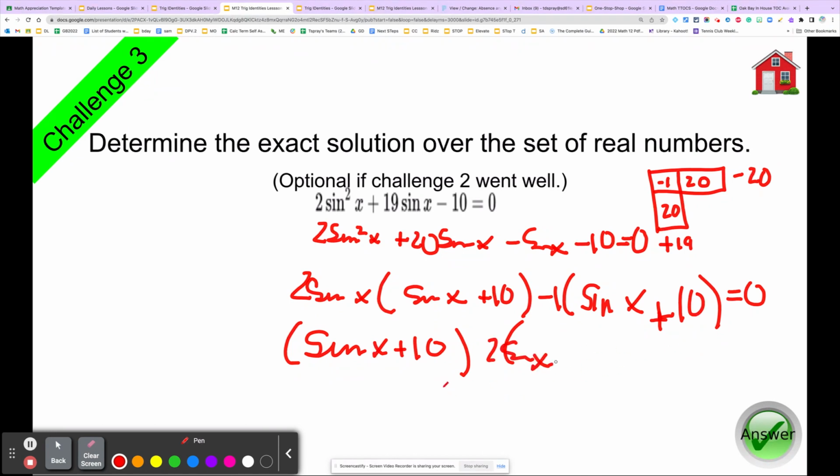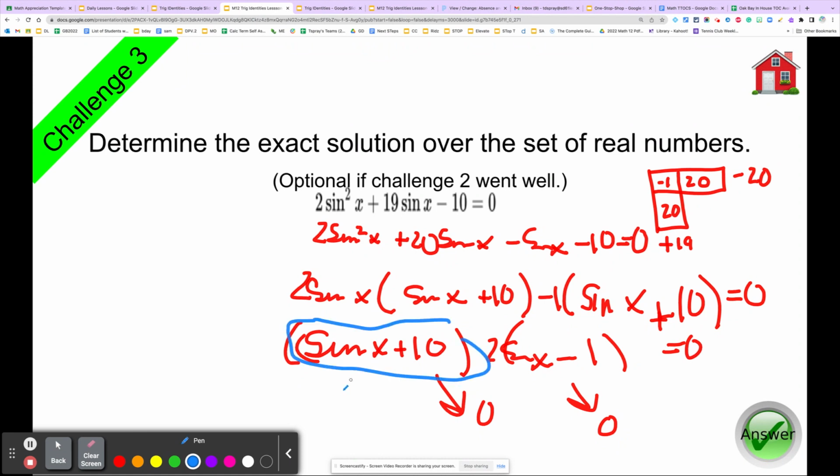So we're basically wondering, when does this thing equal 0 and when does this thing equal 0? We know that the sine x plus 10 will have no solution, because the opposite side is going to be bigger than the hypotenuse, so there's just no solution to that. With 2 sine x minus 1, we're going to have sine x equals 1/2, which is back to our